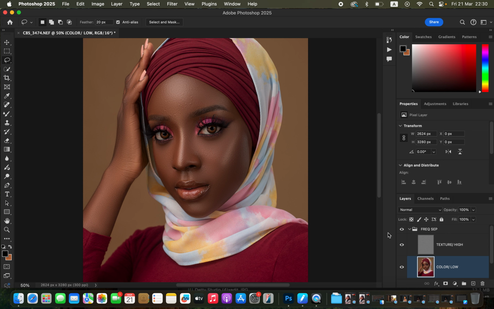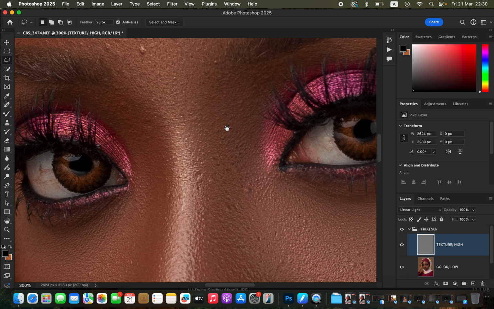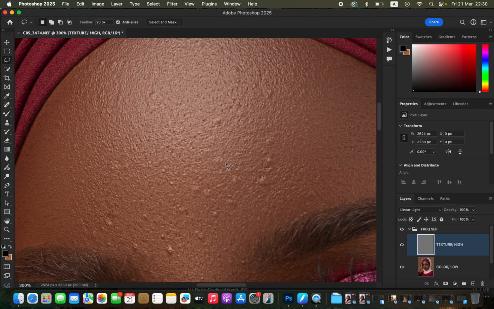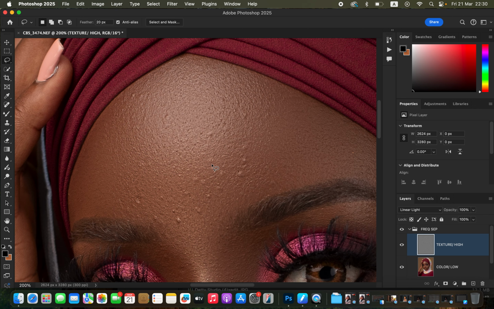So next we just want to clean up or remove the pimples or blemishes. So to remove the blemishes, select the texture layer. Remember, blemishes are part of the textures in the image. We are going to zoom in by using Ctrl plus on the keyboard, or you can use Command plus on the keyboard to see the pimples or blemishes better. So to remove, for example, a pimple,